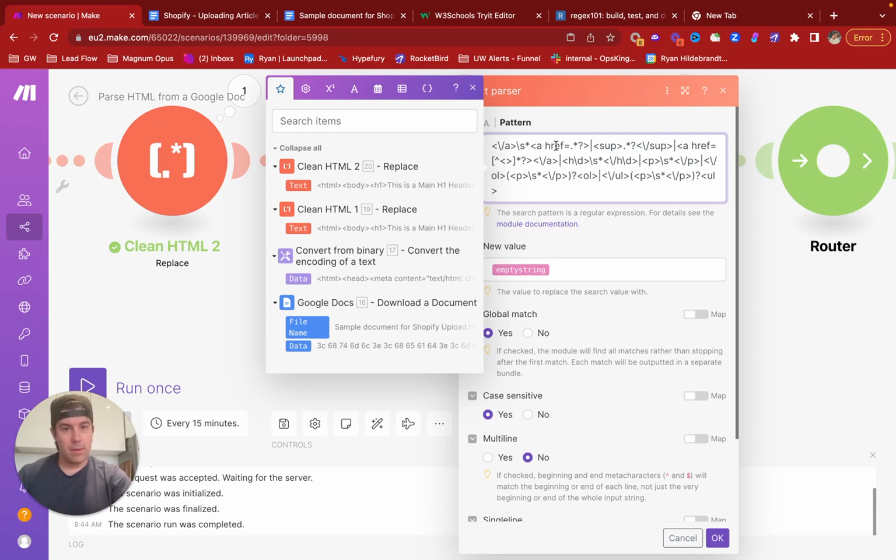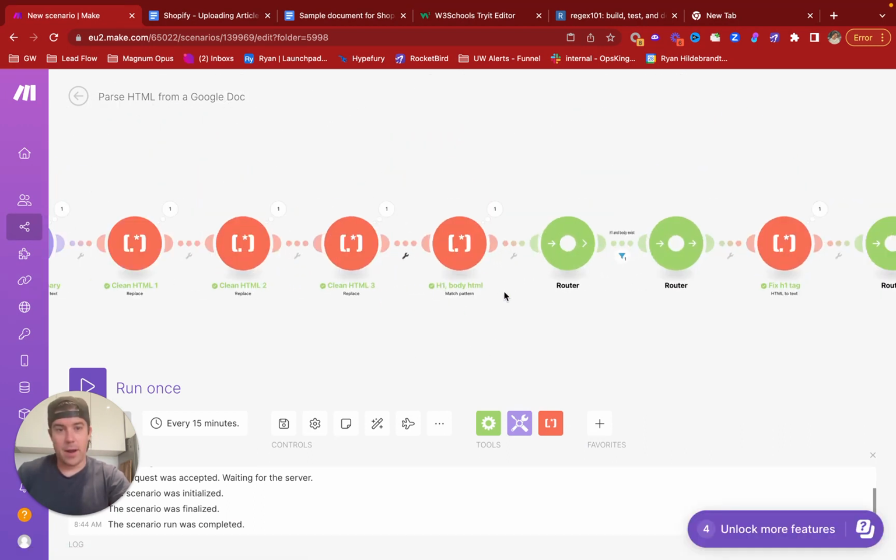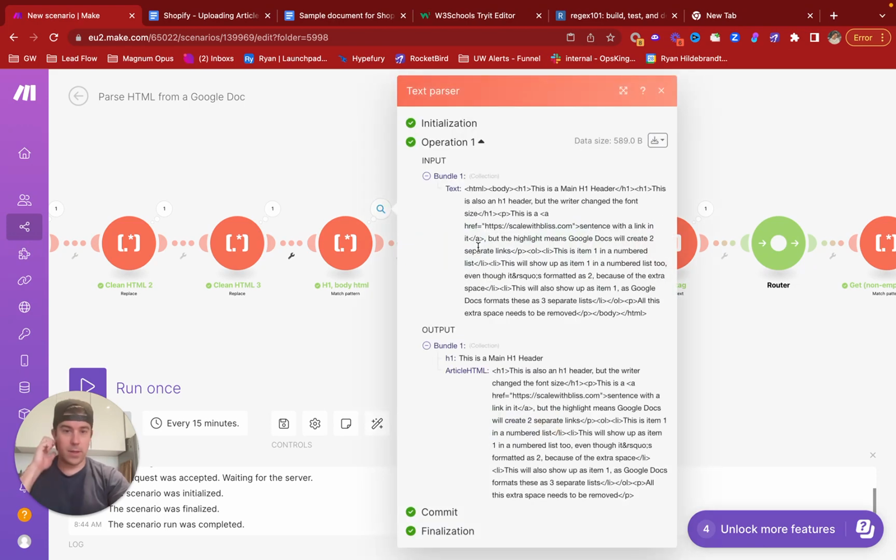I'm eliminating basically empty links. What this does is address the highlighting issue where one link has been highlighted only partially or formatted partially, and we're merging those together and assuming that the first link is the one that's correct. So that is this part. Then this eliminates empty header tags and empty paragraph tags. And the last part is we're just extracting the H1 tag and the body tags. So what we're left with is